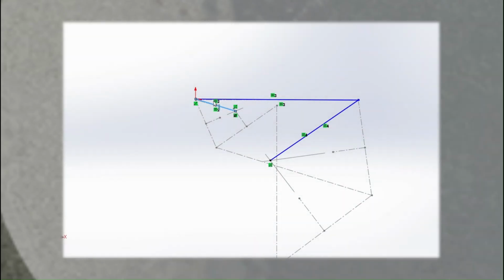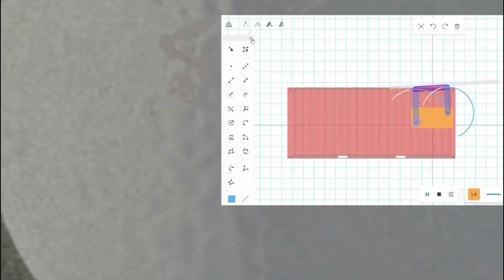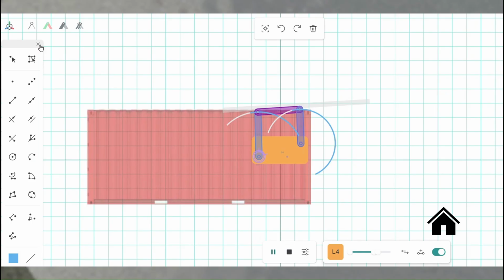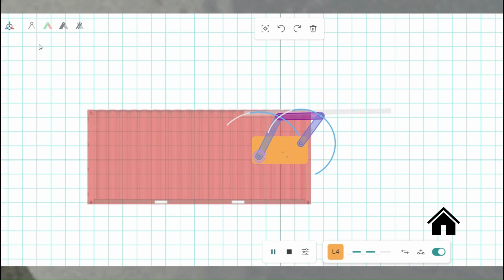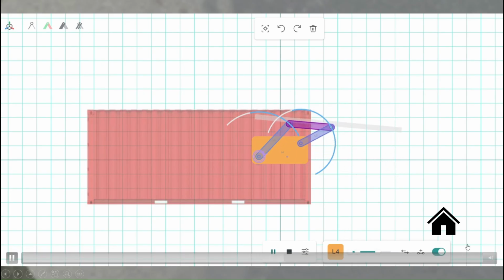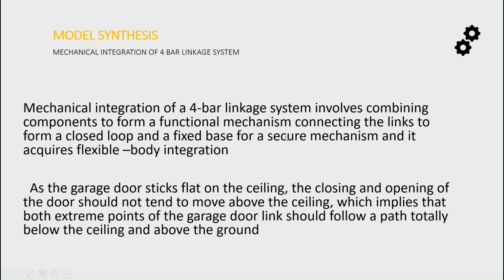And next I'll show you the simulation video. As you can see, the simulation covers all three positions of the garage door. This was a simple 2D linkage simulation of the garage door, which is simply a 4-bar mechanism. Next we go to